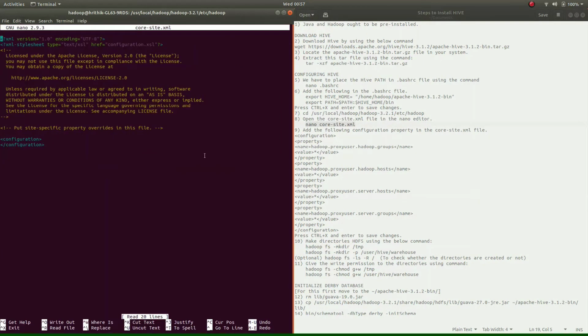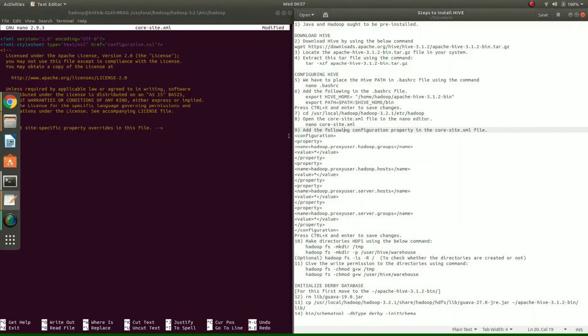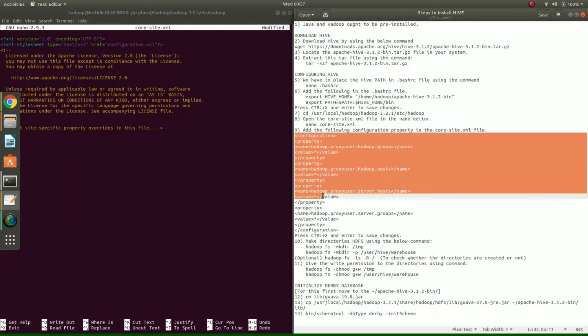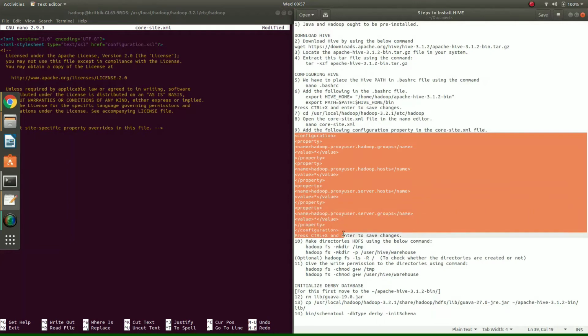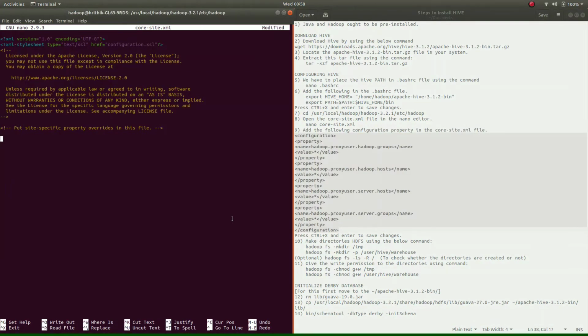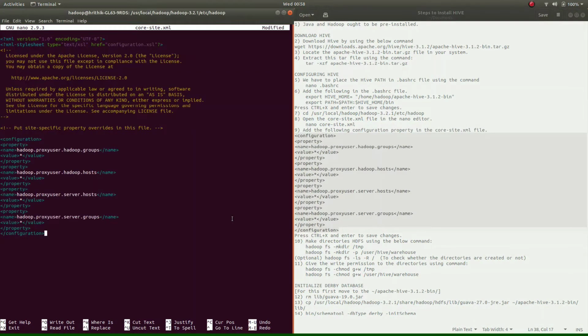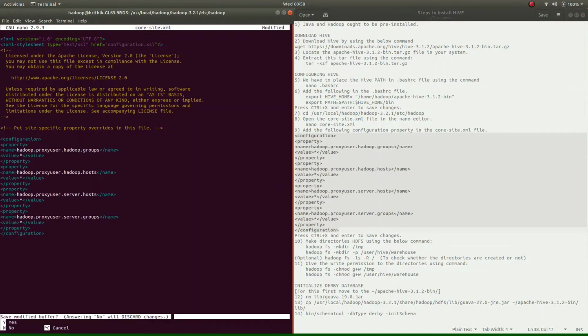As you can see, there is no configuration over here. We'll add the following configuration to it, and we'll just save it.